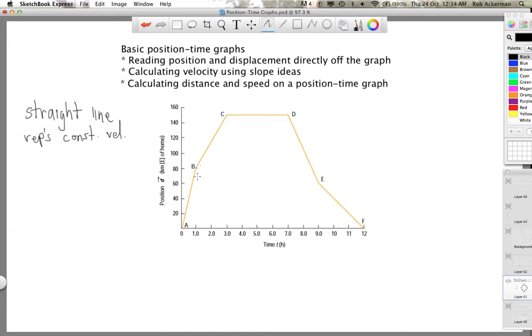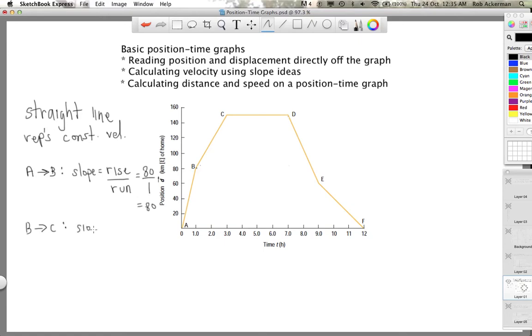Okay? As we continue moving, we're continuing to go east of home, only this time the slope of the line has changed. Now something to notice here, in the first part, A to B, if you take a look at that slope, slope of course is rise over run, and another way of thinking of slope is y2 minus y1 over x2 minus x1. All of the math ideas from grade 10 and 9 still apply. The slope, which is rise over run, that's a rise of 80 divided by 1 hour, 80 over 1 for a slope of 80. For B to C,